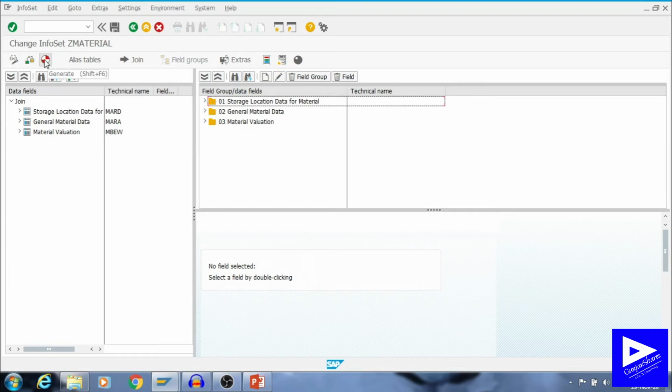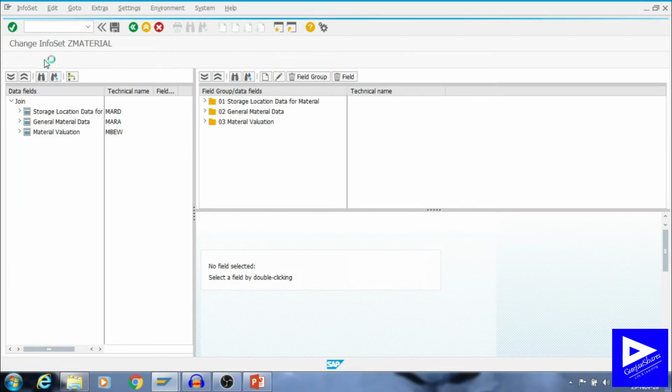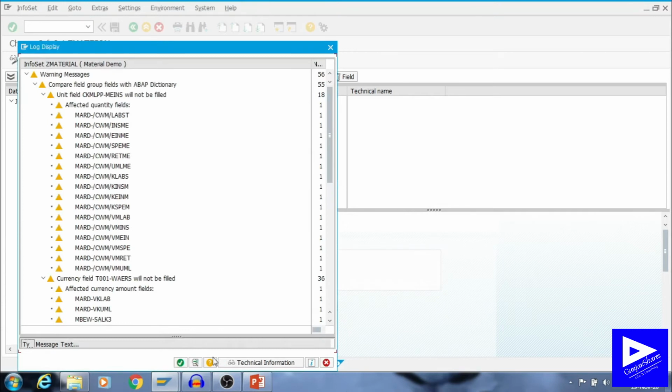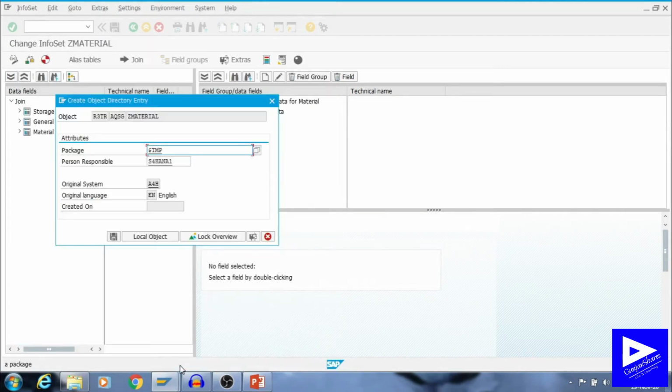You need to click on the generate button. When you click on generate, it will ask you to save this in a package. I am saving this into the local object, and the info set would be created.